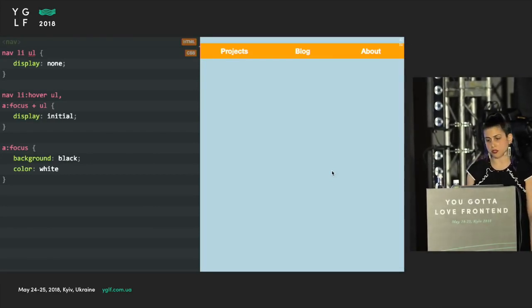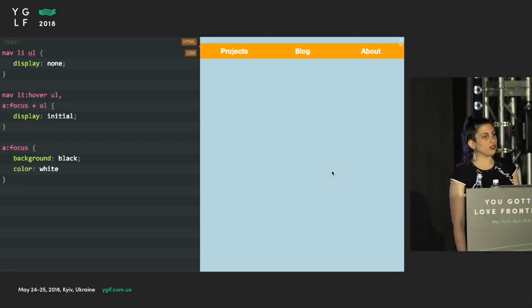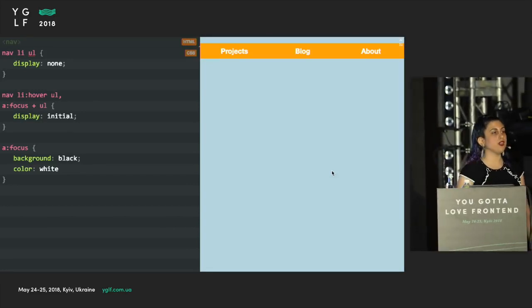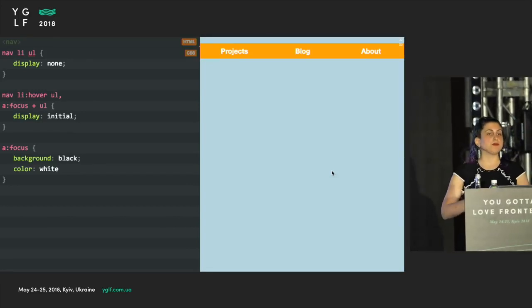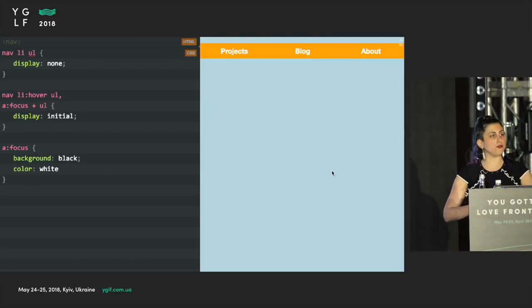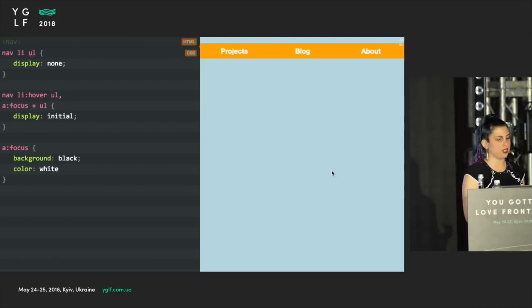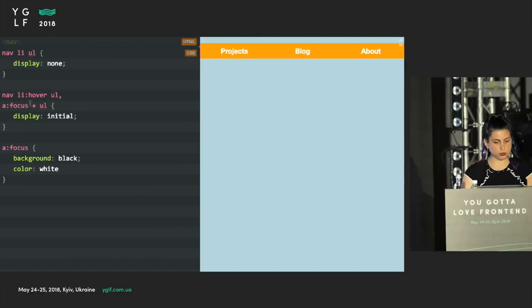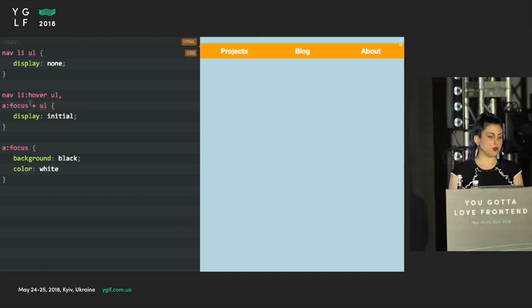use JavaScript. But now we got a new pseudo class called focus within that doesn't just match the focused element itself, but also all its ancestors. So how can we use this to our advantage here? So we are going to say the LI item, if it has focus within it,